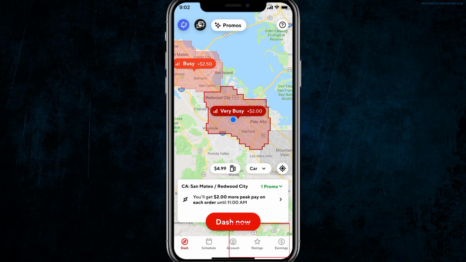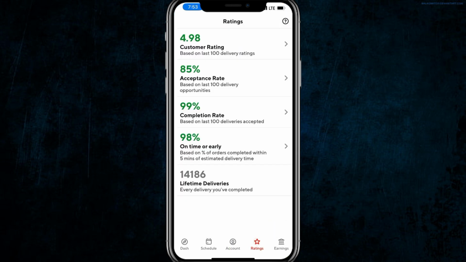Once you're in, head to the Ratings tab. You'll typically find it along the bottom menu or within your account section, depending on your device and app version. The Ratings tab is where DoorDash groups your performance metrics, things like customer rating, acceptance rate, and completion rate. It's also where you can quickly access your historical activity at a glance, so it's a natural place to check